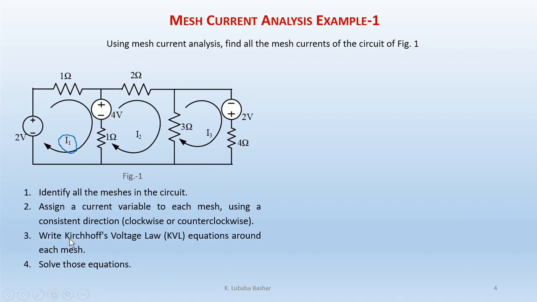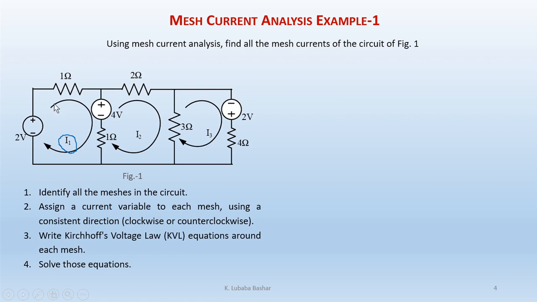Now, we have to write Kirchhoff's voltage law equations around each mesh. And we know what Kirchhoff's voltage law tells us: the algebraic sum of voltages around any closed path is equal to 0. If we want to write KVL for mesh 1, we have to find the algebraic sum of voltages around these